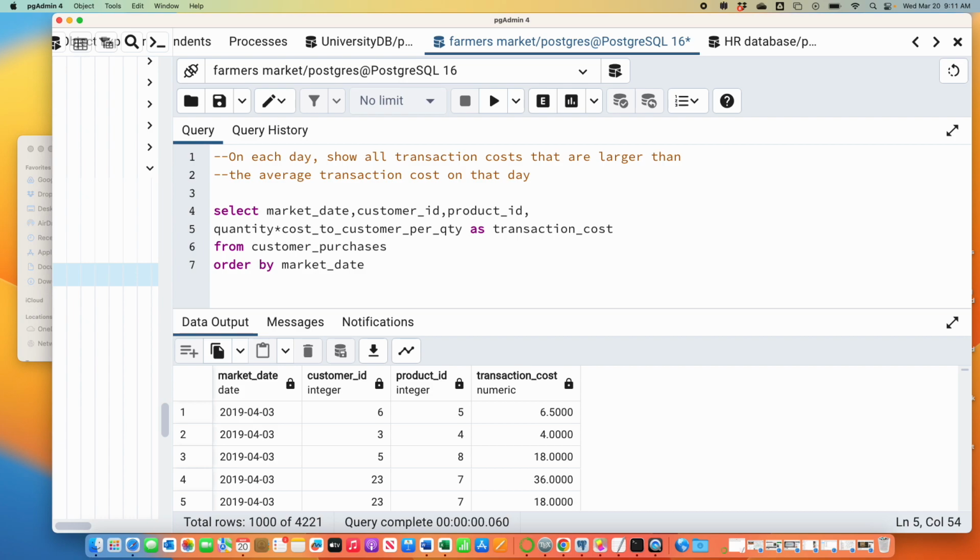What's new today is this. I'm going to add a new column, an average daily transaction cost, and it's going to look like this. Average of, just copy and paste this, average of that transaction cost, but I want to somehow group by day. I'm thinking about average transaction cost per day. So instead of doing a group by, I'm going to use the technique from last time. I'm going to group by, or partition by, market date.